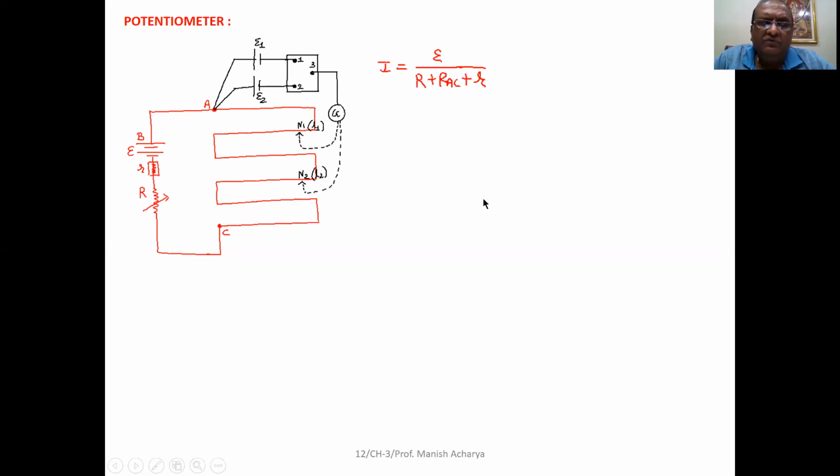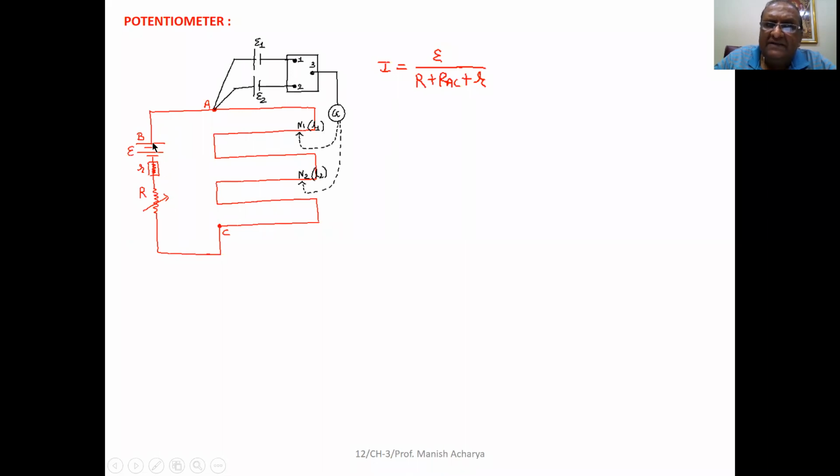Now here, first of all, we have to calculate the potential gradient for the potentiometer wire. Potential gradient means what? Potential gradient, that is nothing but the potential difference per unit length of the wire. But to find out the potential difference per unit length of the wire, first of all, we have to calculate the current constituted in the circuit. Now see here,